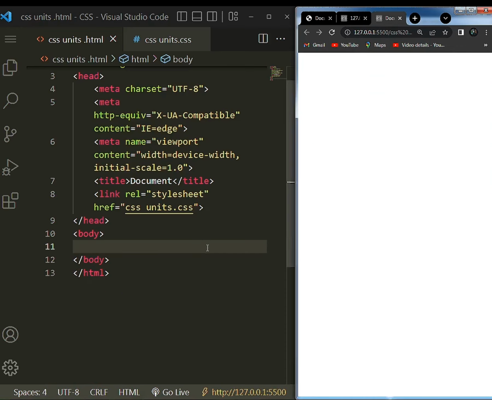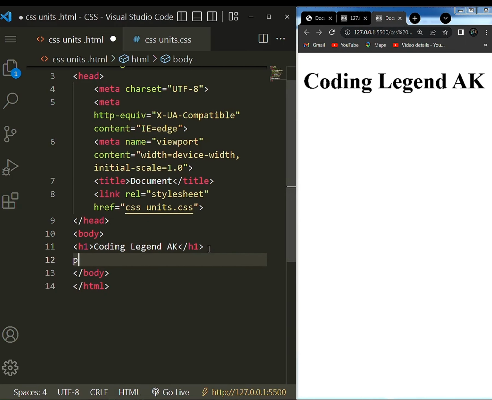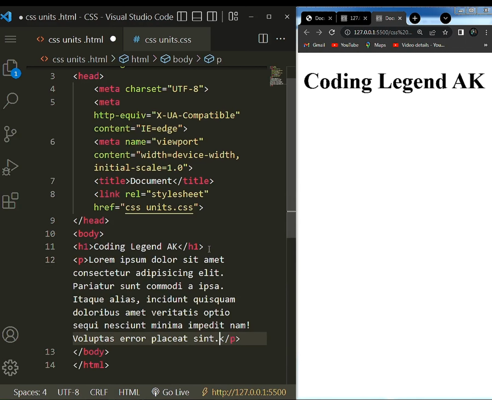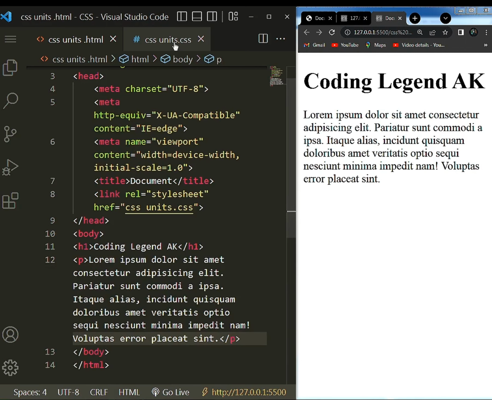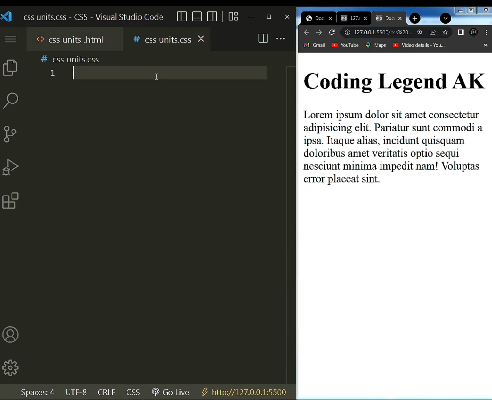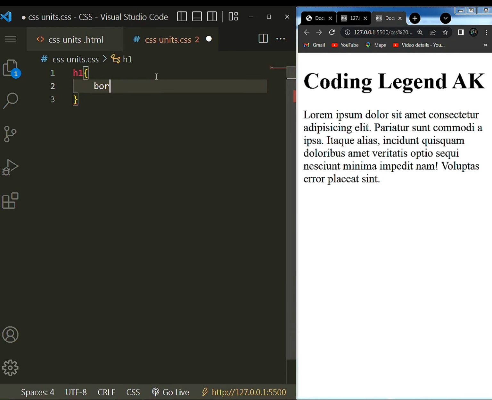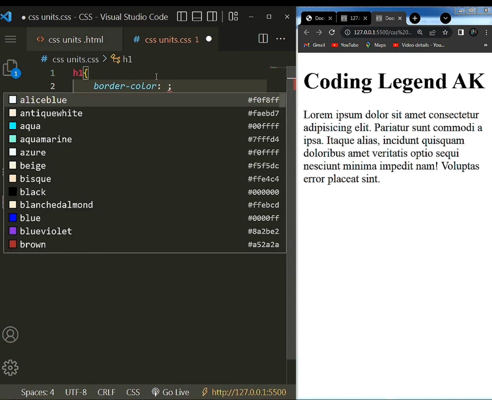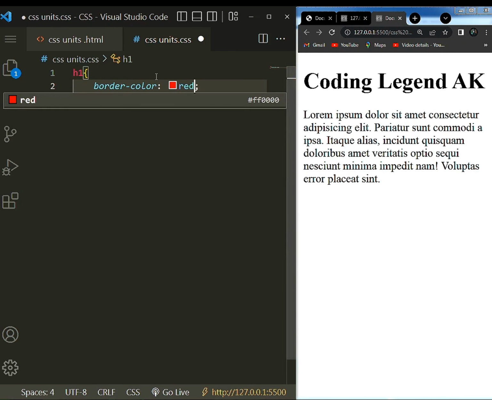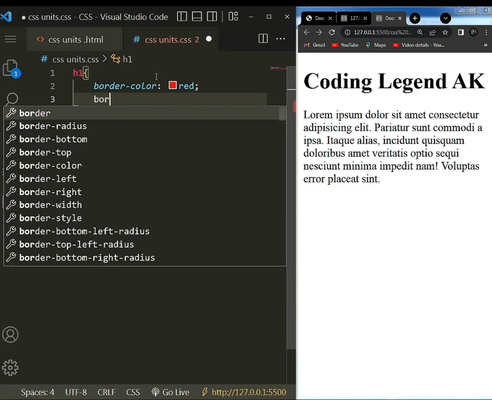In border in CSS, we will create an h1 and here I will write a name as Coding Legend AK, and here I will create a paragraph, lorem. And now I will go to the style sheet, and inside the style sheet I will write h1 curly brace, and here I will write border color, and here I will select a color as red, and here I will write another property which is border